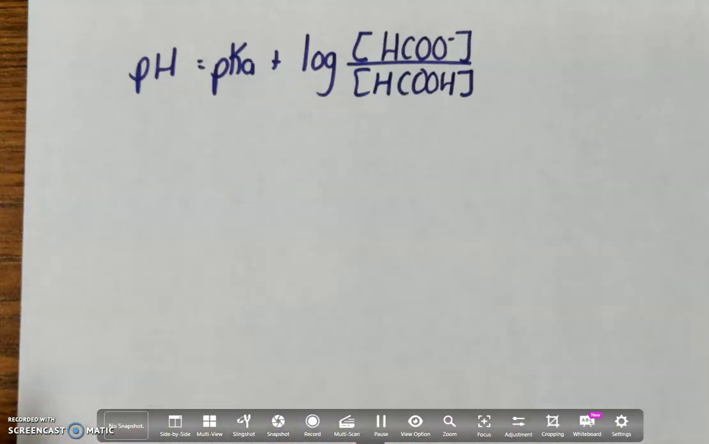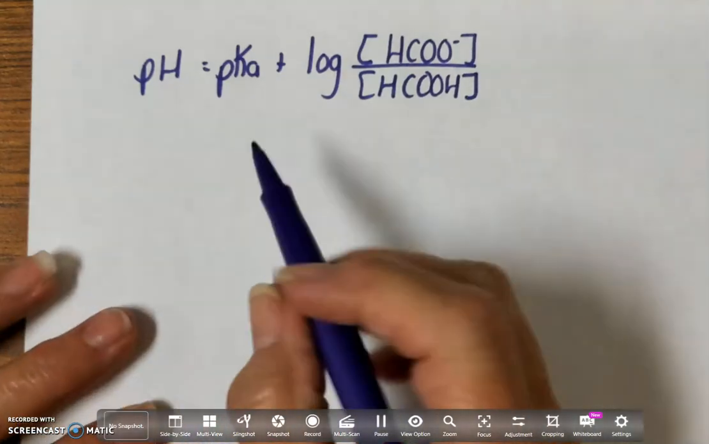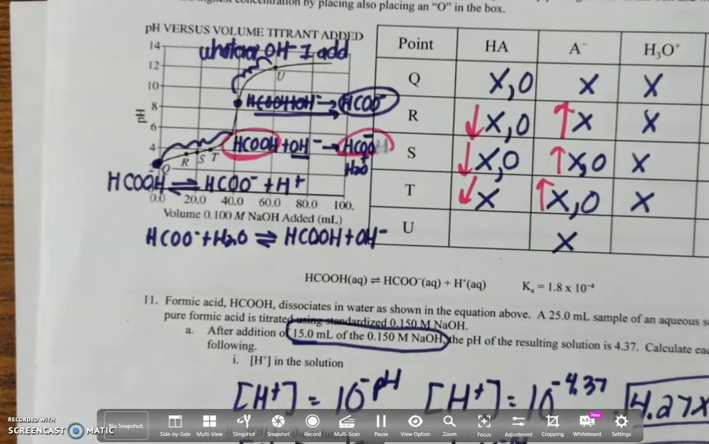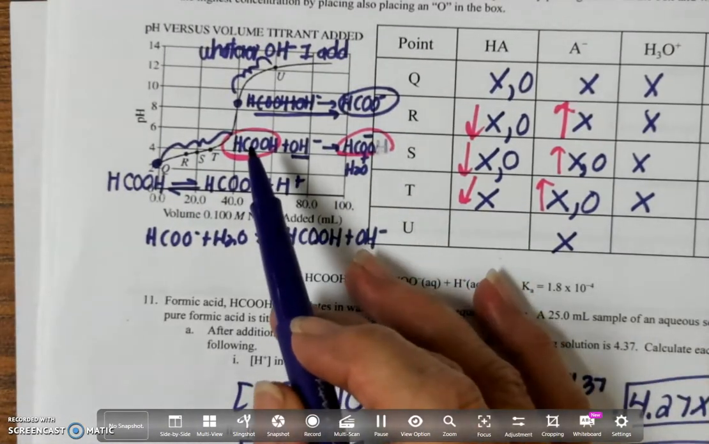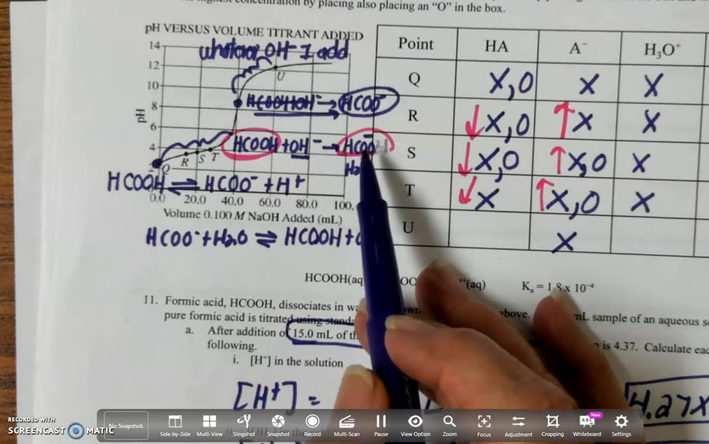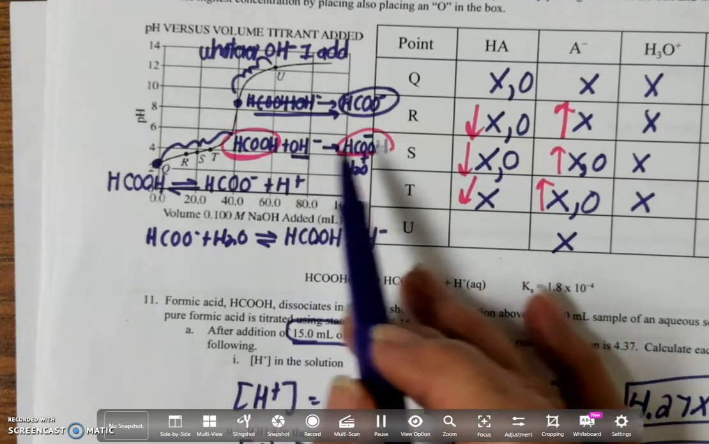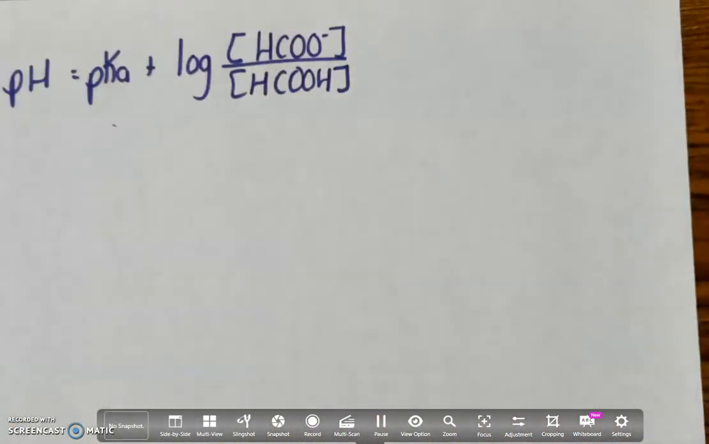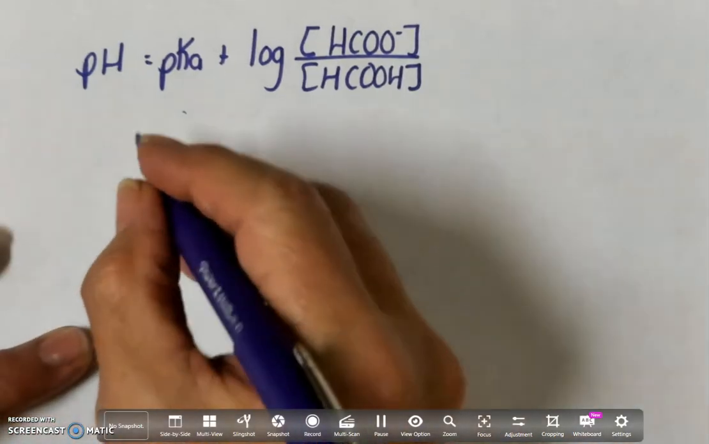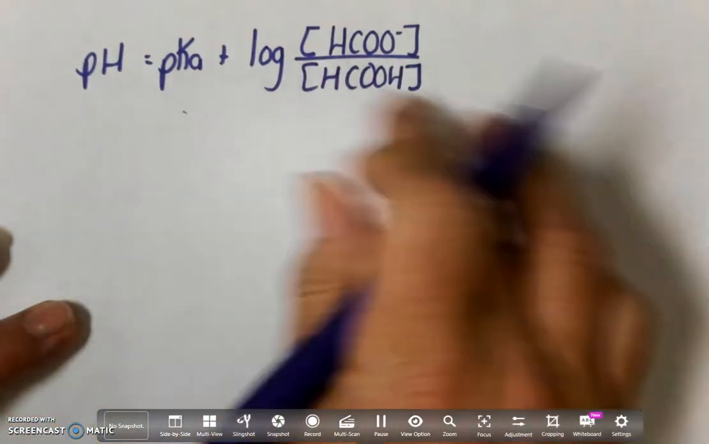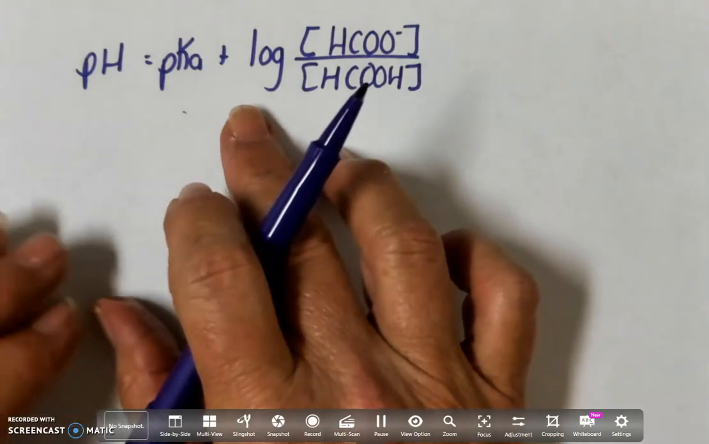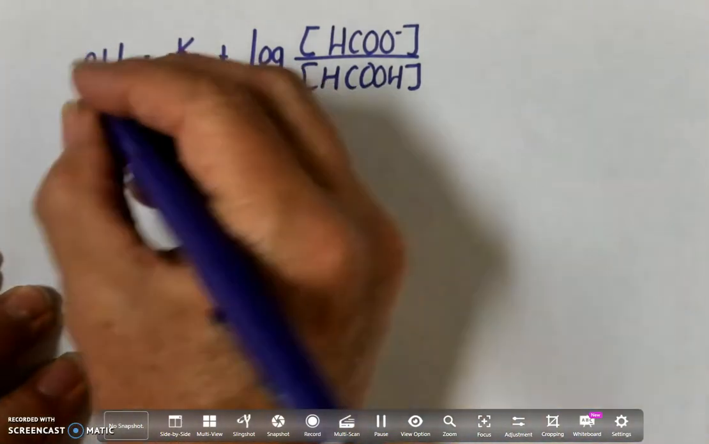All right, so here's where we left off. We found that the reason we can use the Henderson-Hasselbalch equation here is because I have a little bit of the acid and a little bit of the conjugate base, and so that allows me to do that. So what I'm going to do is just start plugging in. I know what my pH is. We said at the very beginning it was 4.37